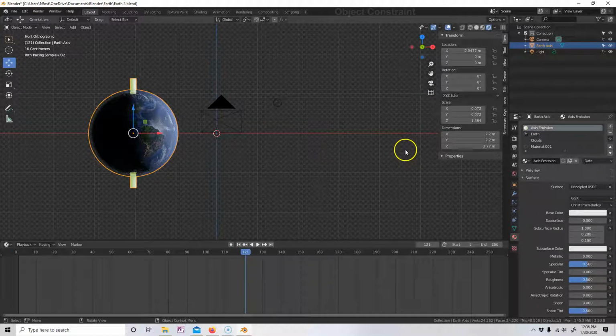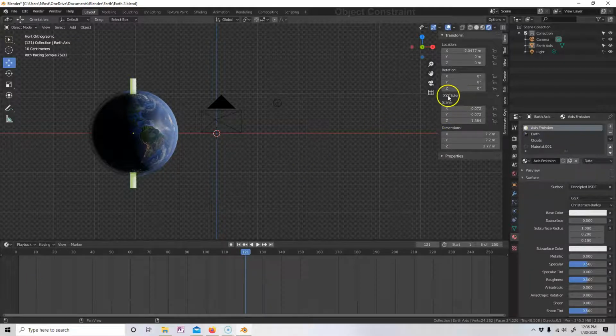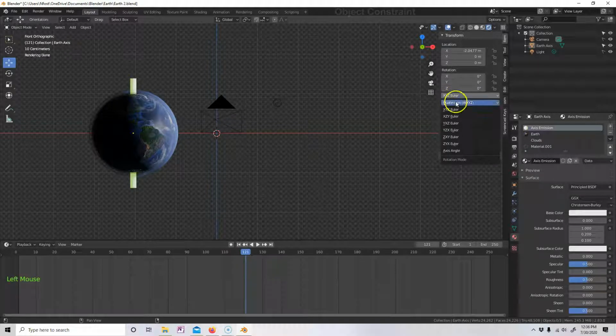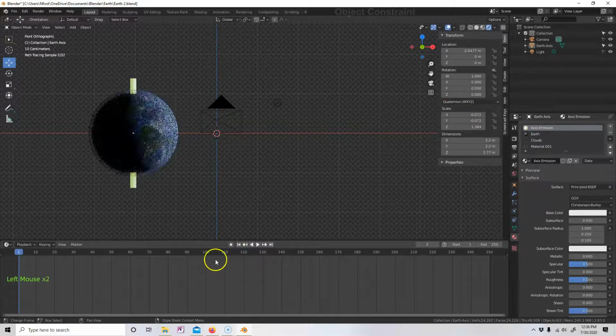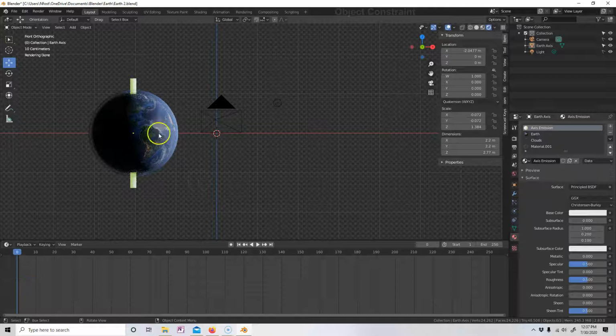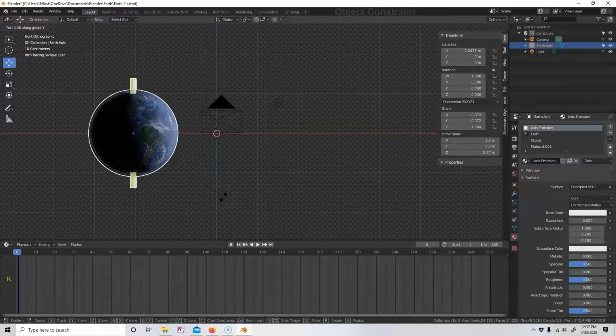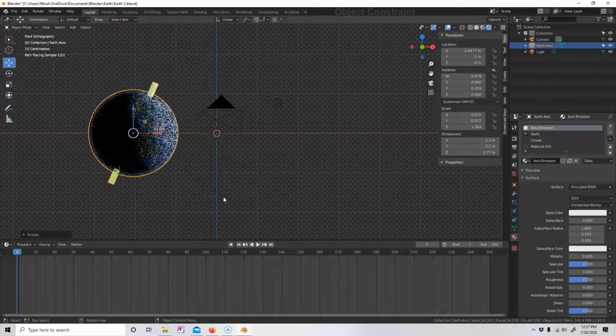Just making sure the keyframes are cleared out. One of the things you can do is, instead of using the XYZ Euler, you can use the quaternion. Some of these other ones will work too, but I know that that definitely works. So we do the same thing here. Click on our object, R, Y, 23.4 degrees, and the quaternion